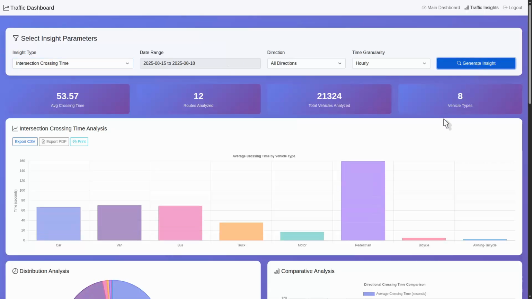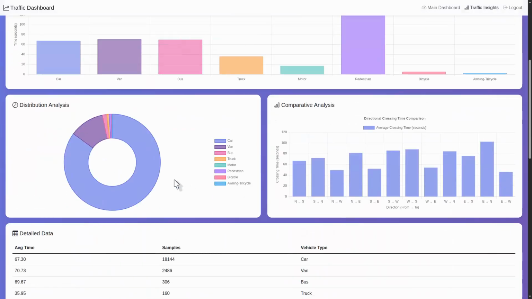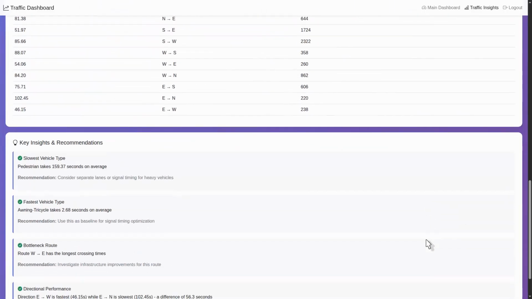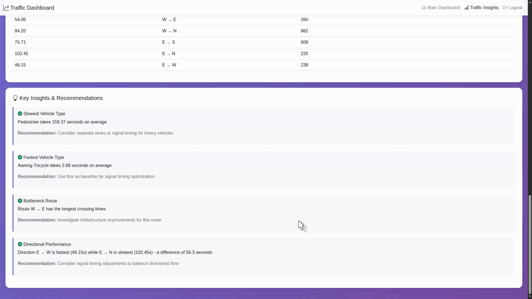Now moving forward to intersection crossing time, we can see there are car, van, bus, truck, different types of vehicles. Which takes the most? We see the pedestrian takes the most, which is normal because pedestrians take the most time to cross the intersection. Also, among the 12 directions' average crossing time, we see east to north has the highest crossing time. So on the inside we see pedestrian takes about 160 seconds, awning tricycle, which is the rickshaw, and